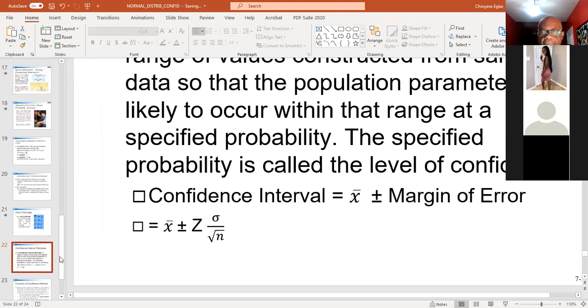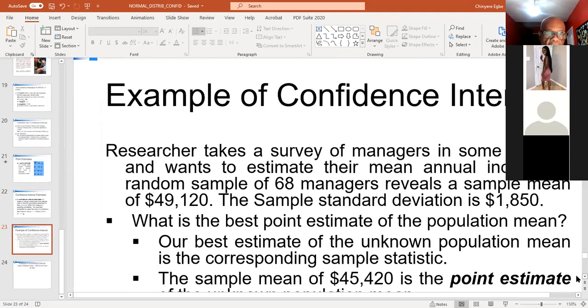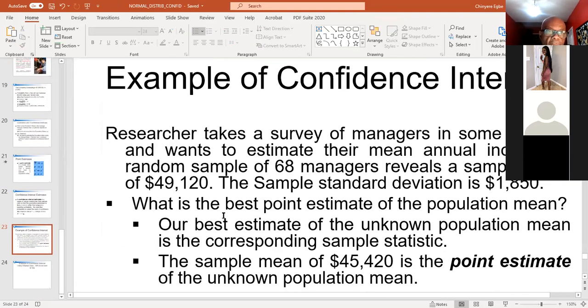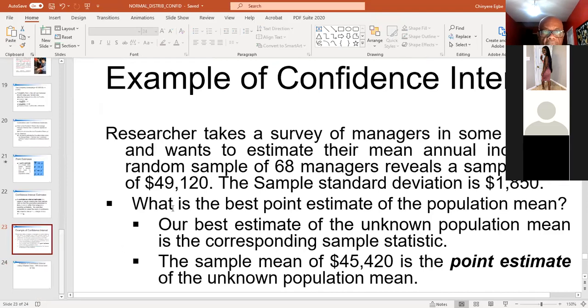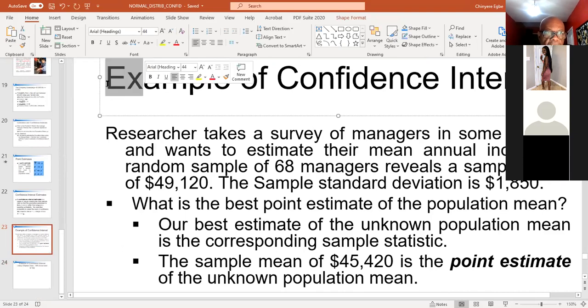So let's look at a simple example. And like I said, I'm going to walk through this for your homework assignment. Here's an example of a confidence interval. Suppose